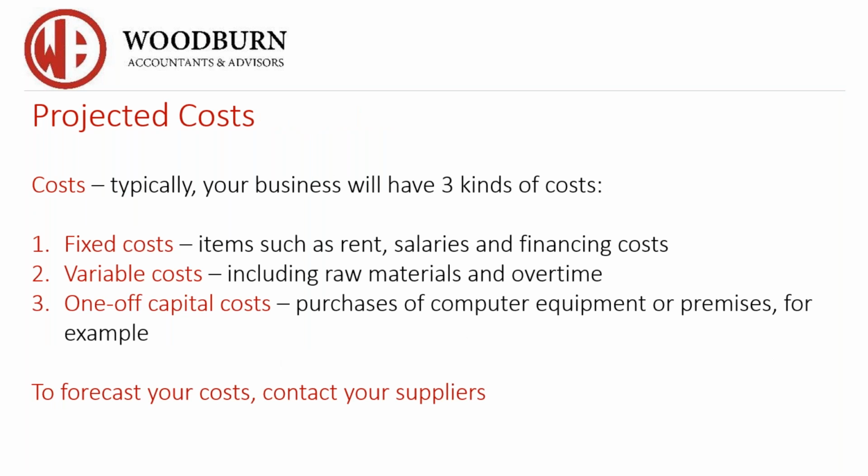For me, quite frankly, when you're creating a budget, calculating cost is the easiest, all right? So there are three types of costs you have to calculate. The first is fixed costs: rent, salaries. The next are the variable costs, so the cost of raw materials, overtime potentially, logistics, whatnot. And then you've got the one-off costs: purchasing of computers, laptops. How are you going to forecast these costs? It's not like you're going to pick a piece of paper out of a hat and guess the number. You contact suppliers. Okay, it's really not tricky.